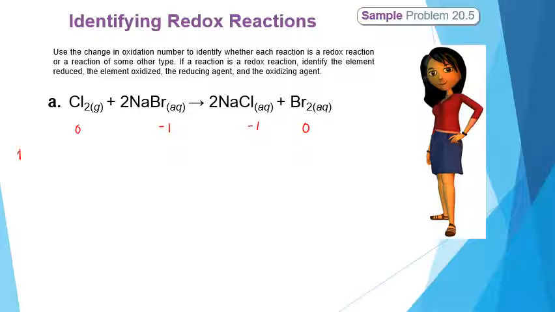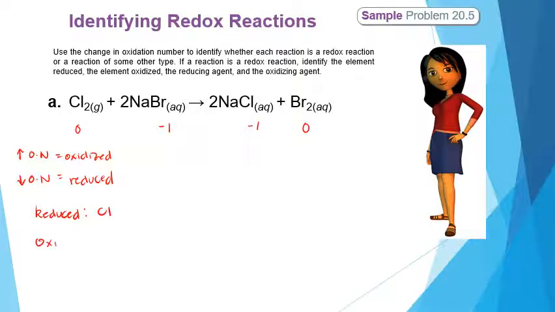So again, when you have an increase in oxidation number, the substance is said to be oxidized. When you have a decrease in oxidation number, the substance is said to be reduced. In this case, we have chlorine that is equal to 0 going to negative 1. Take note that its oxidation number is decreasing. Therefore, our chlorine is being reduced. So the substance reduced here is our chlorine,